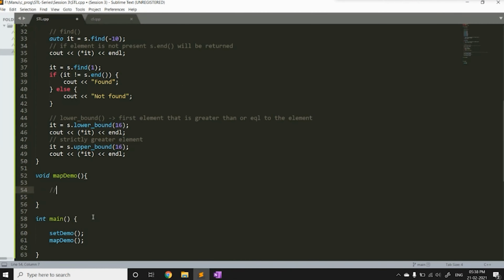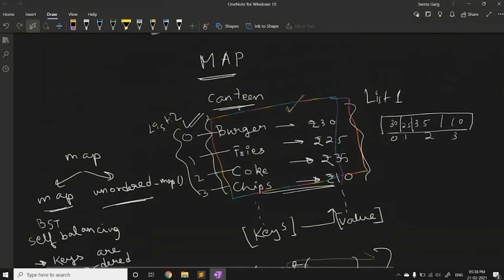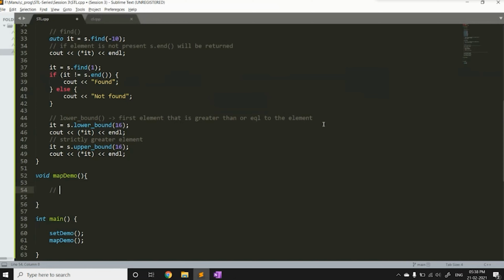This is a string and this is an integer. So I want a map where a string is mapped to an integer. So I will write map, and inside angle brackets, I will say string comma int. And I will give it a name.